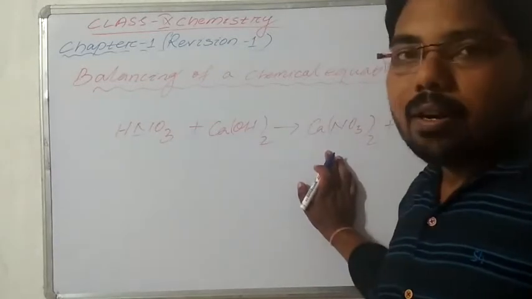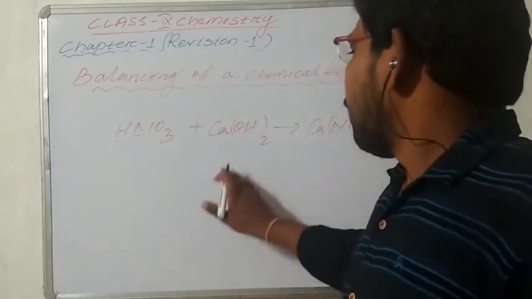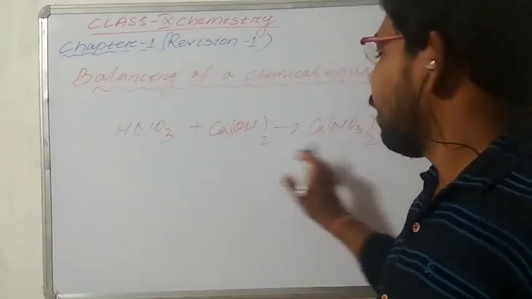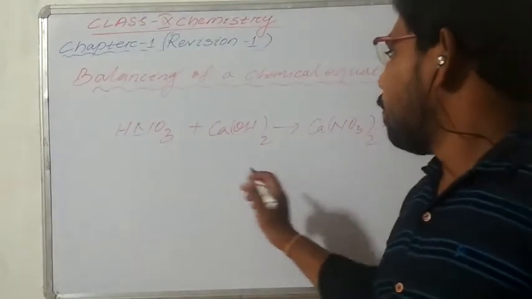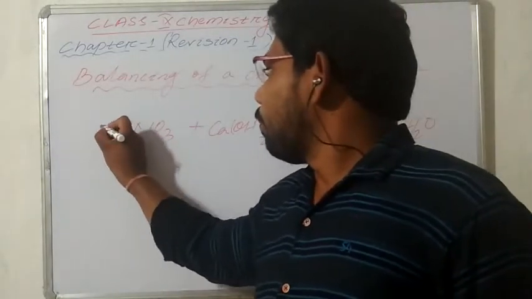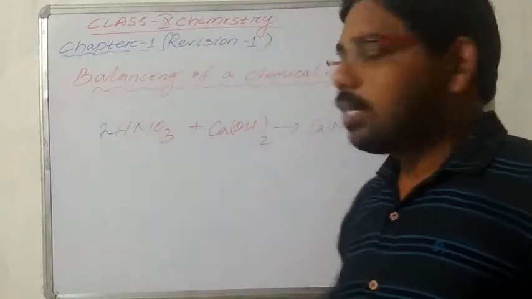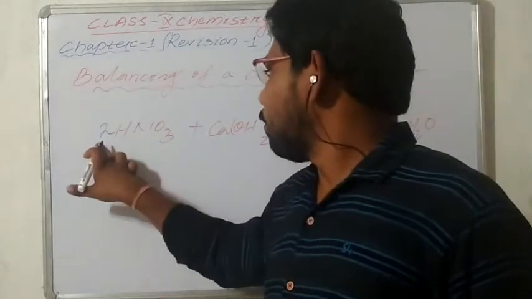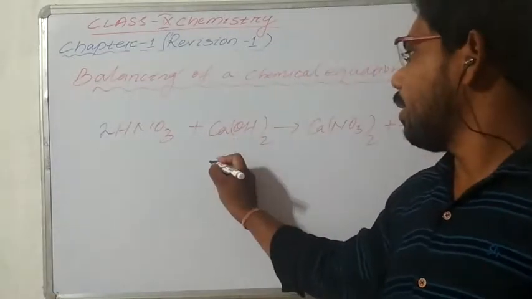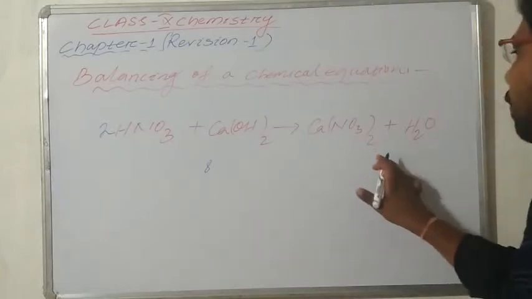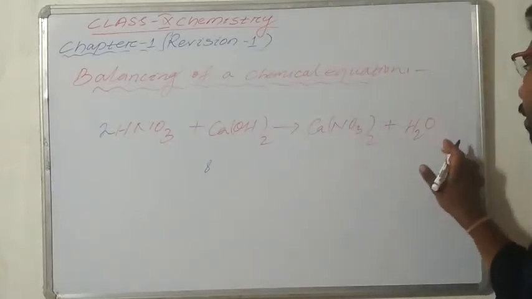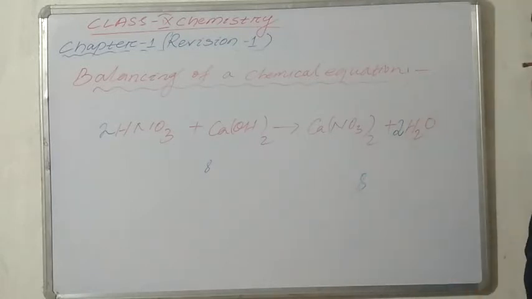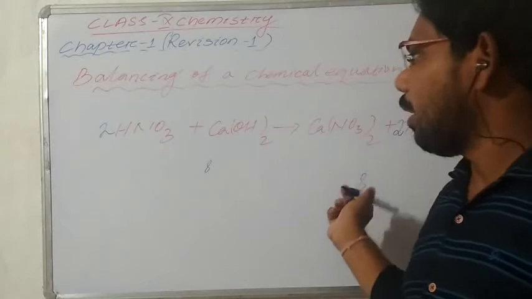To satisfy the law of conservation of mass, the individual elements' atoms must be equal in the reactant and product sides. So we multiply here by 2, then the nitrogens change into 2, and now we have to see the oxygen. 3 into 2 is 6, and 2 makes 8. In the reactant side there are 8 oxygens, but in the product side 6 plus 1 is 7. That's why here we multiply by 2. Then the oxygens are also 8, both on the reactant and product side.